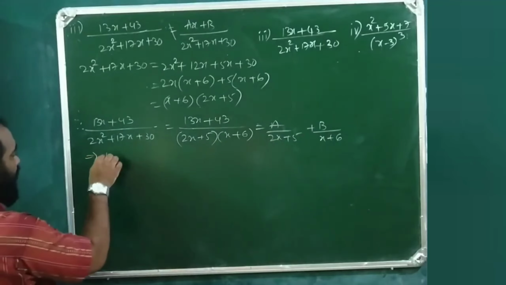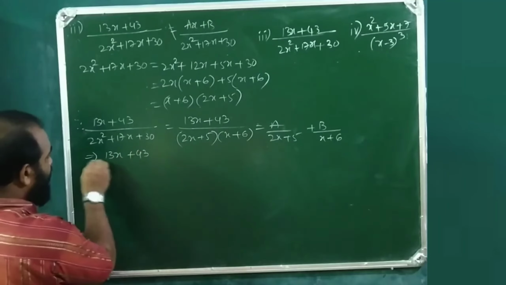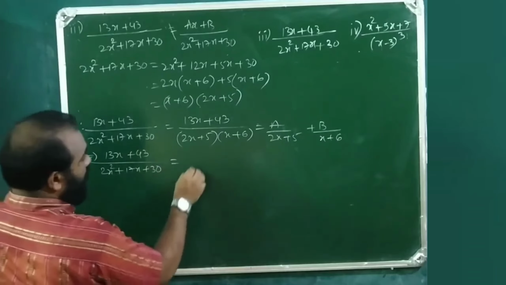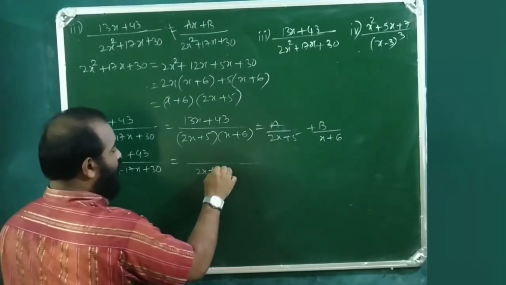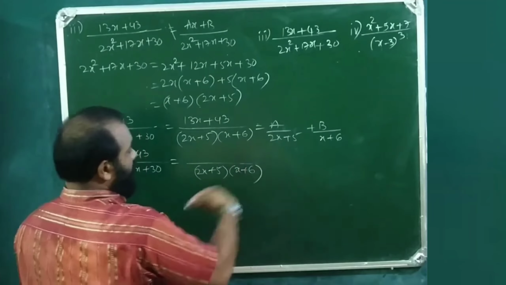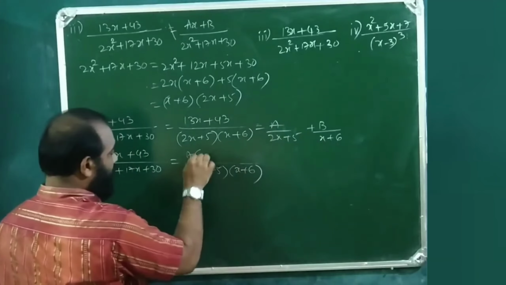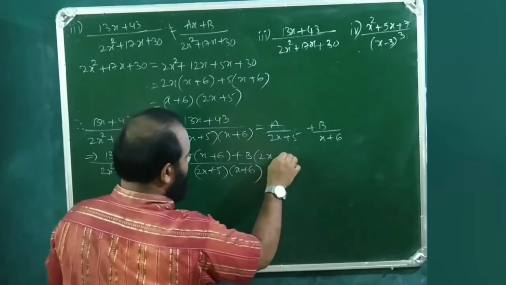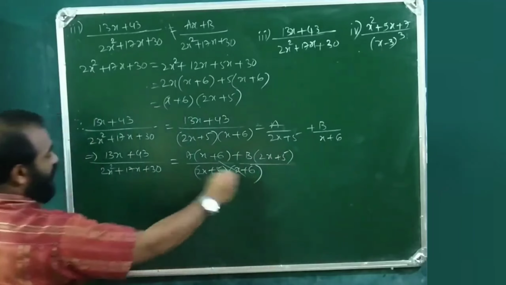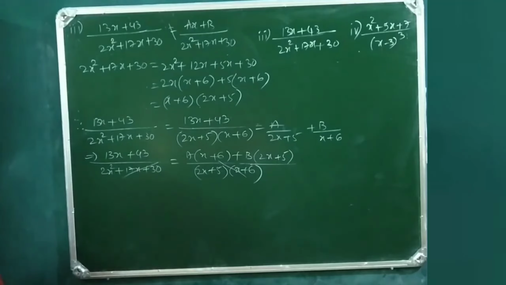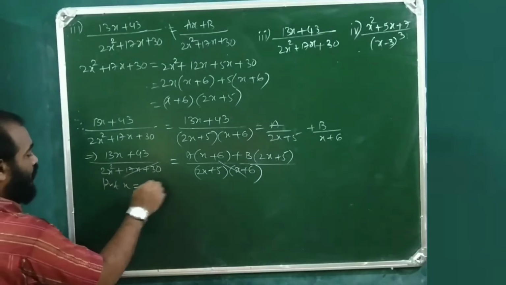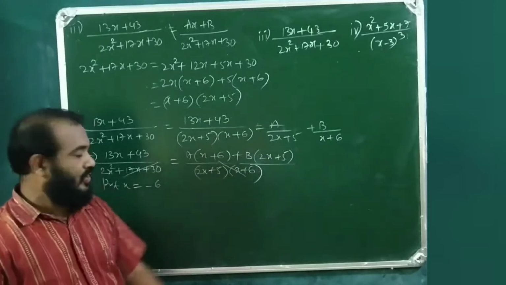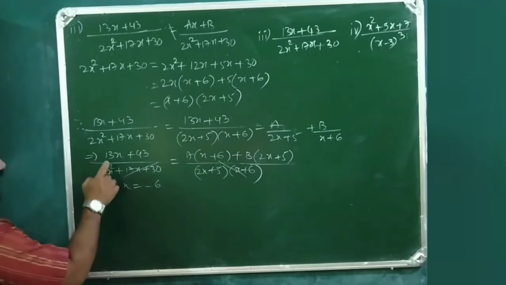So this is equals to 13x plus 43 by 2x square plus 17x plus 30 equals to, the LCM is 2x plus 5 into x plus 6. So a into x plus 6 plus b into 2x plus 5. So these two get cancelled on both the sides. Put x is equals to minus 6, because x plus 6 is the factor, x equals to minus 6 is the root. So substitute 13 into 6,